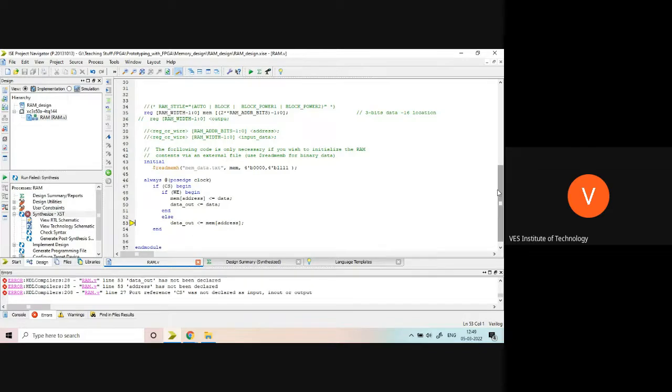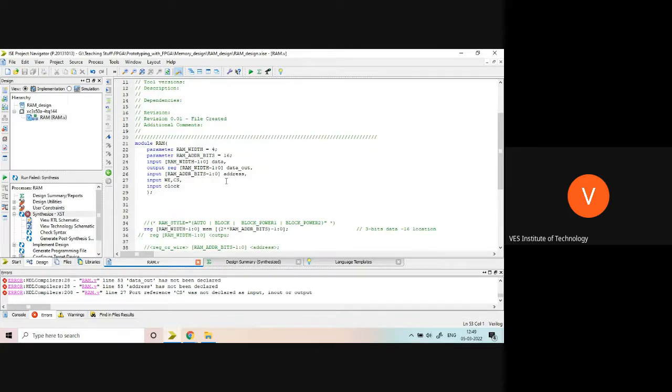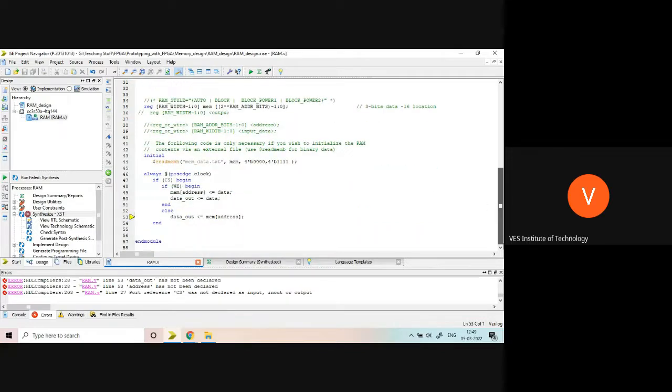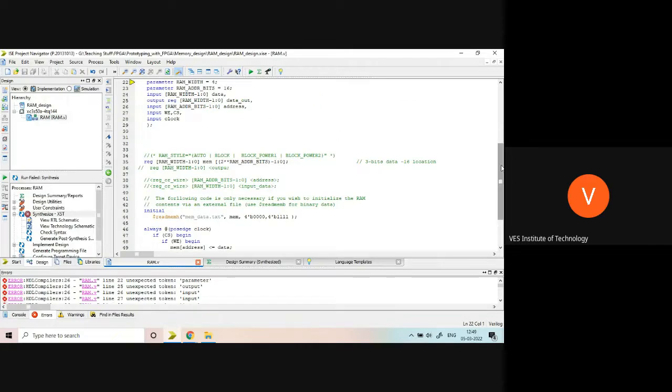Okay, data out, is data out not declared? It is there. What happened with this? Data out is there. Is there any mistake I have done? Okay, there is some mistake on the parameter.